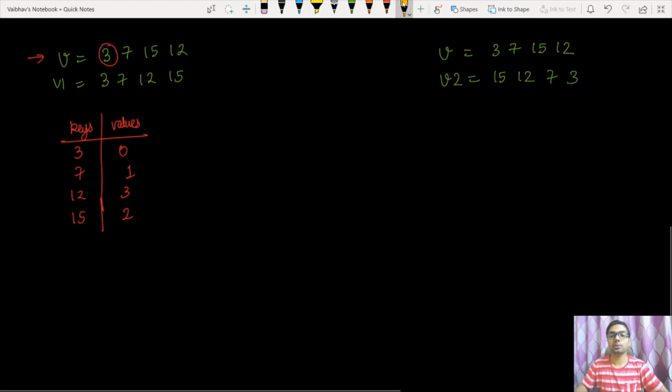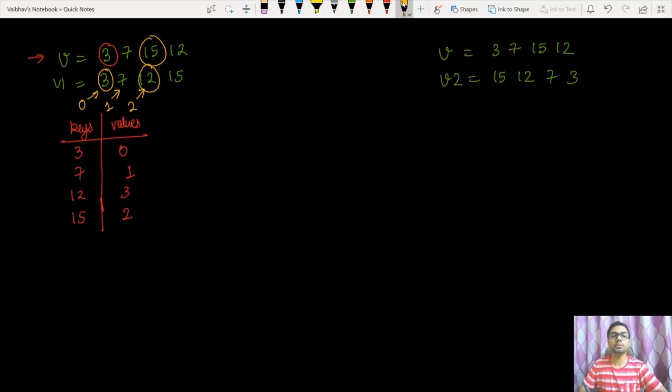Now I'm going to start iterating on the ascending order array, and I'm going to check whether the element located at the same index in the original array is the same or not. So the element here at the 0th index is the same in both arrays. Now I move on to the next index. Again the elements are the same. So I move on to the second index. I find that the elements 12 and 15 are not equal.